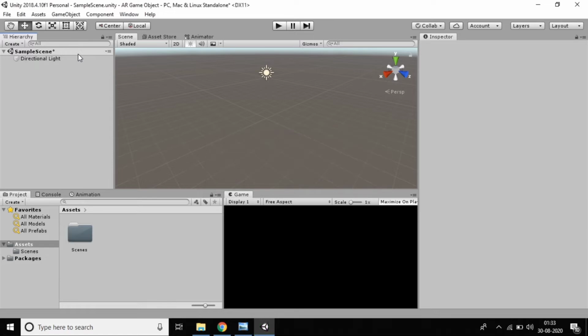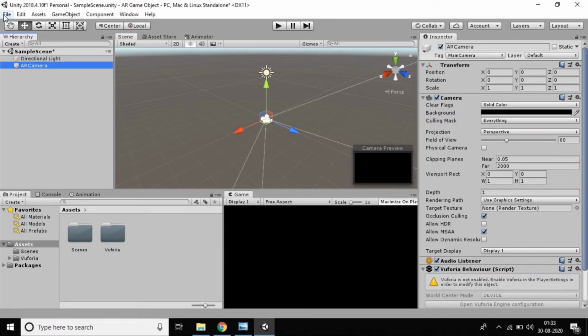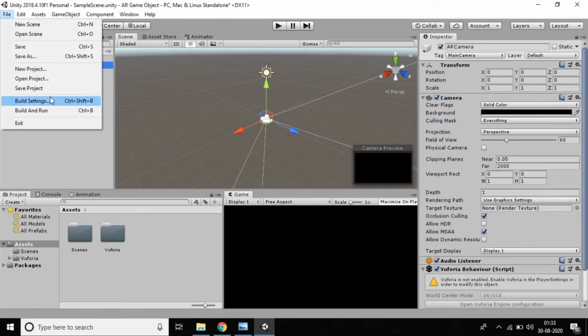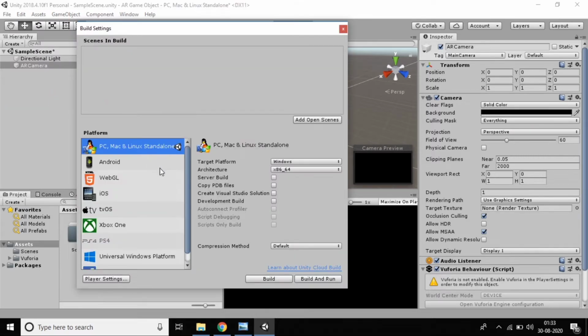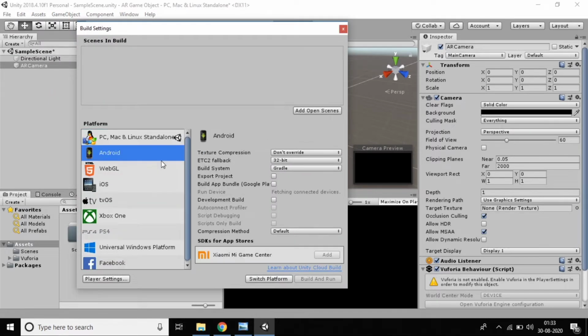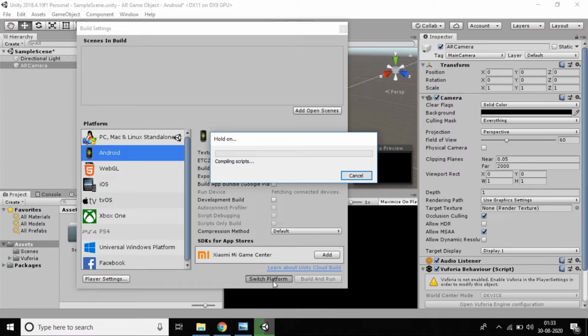So I'll open it. You can see that I want to change some settings, right? Before working on an AR project, we need to change the settings for every AR project. Then only are we going to work. You can see that my Unity symbol is on PC, so I want to switch to Android. Actually, it takes time to switch the platform to Android.